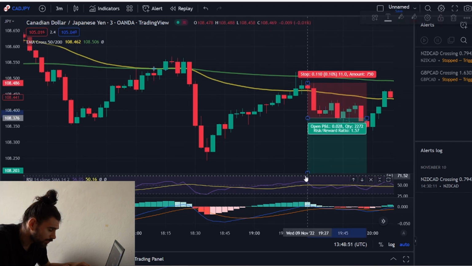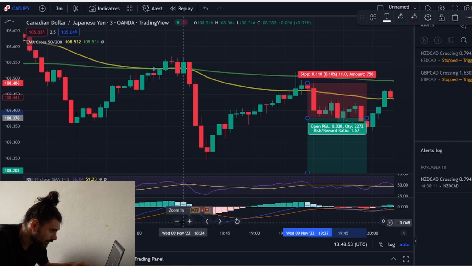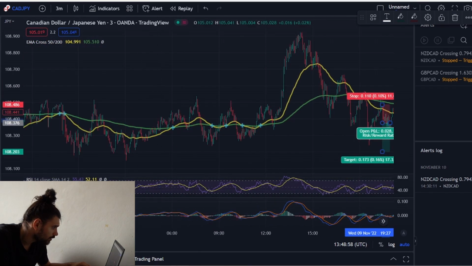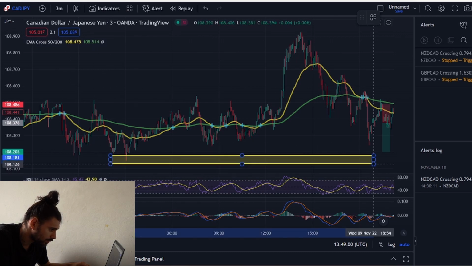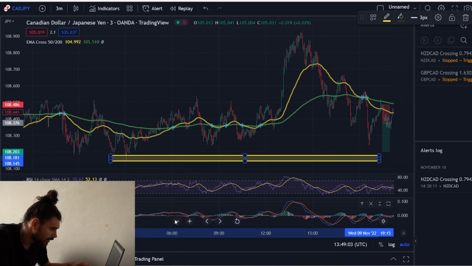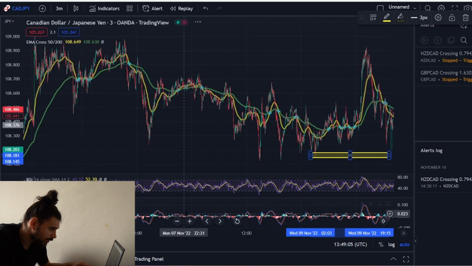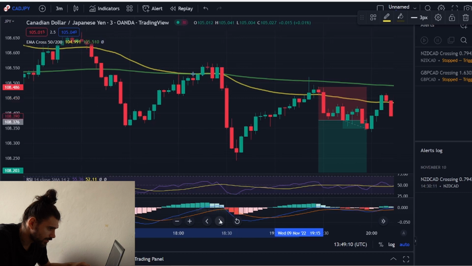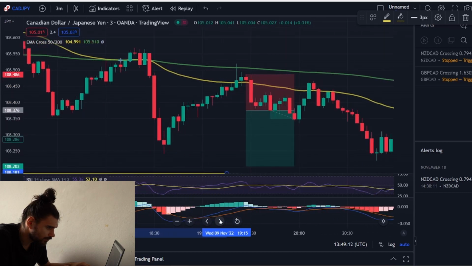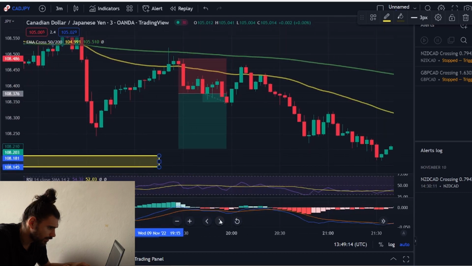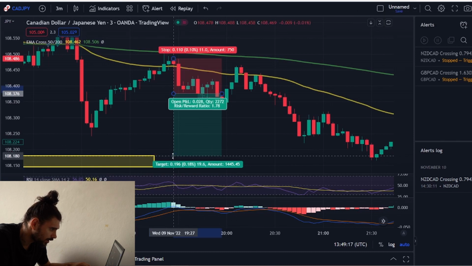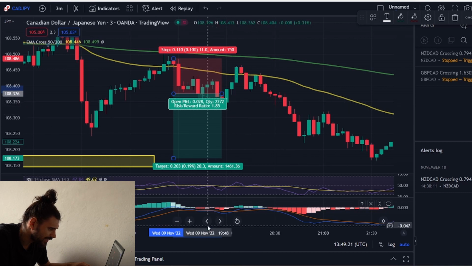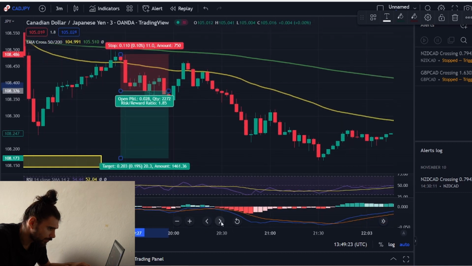I target at least a 1 to 2 or even further to the downside. Let's see what my target here might be. So this area here, my first target, then maybe even lower, depending on what I can find on the bigger time frames. So let's just see what the market does. So here my first target kind of getting hit right around here with 1 to 8.5, not that big, but if you let the market run,